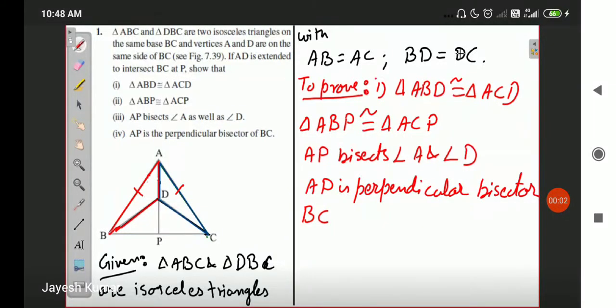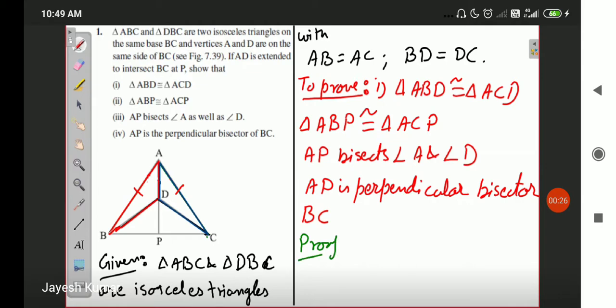So we need to prove that these two pair of triangles are congruent. Okay, so how do we do that? It is quite simple. We have just learned that we have a congruency in which we only require the three sides to be equal so that triangles can be congruent. Okay, so what we do here is proof.